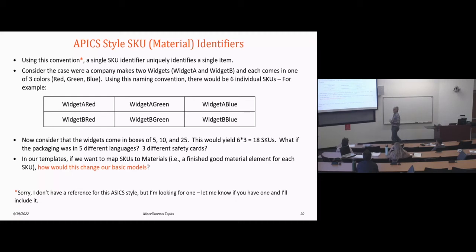If I'm reading all the data in from an ERP system, it doesn't matter. That actually helps me, because I have a direct translation or direct usage from the ERP system. If I'm doing that manually, it becomes more tedious, and it's a lot easier to do it the way we did it, where we don't have those unique IDs. Okay, but it violates the APICS style.